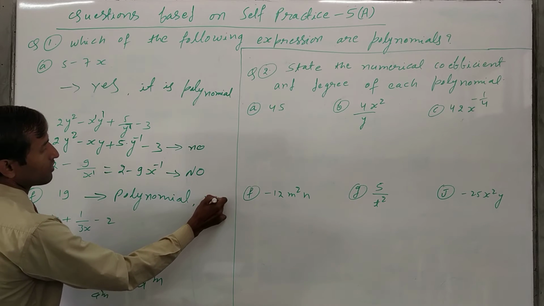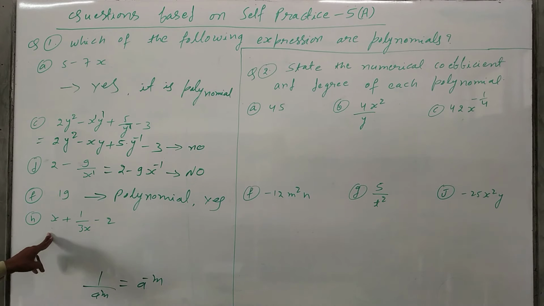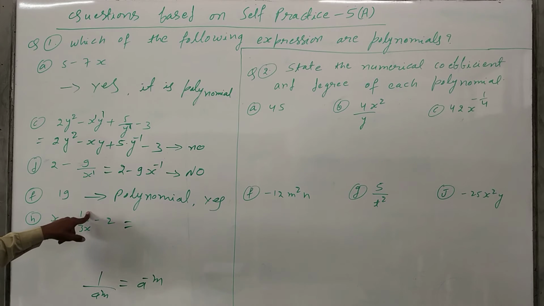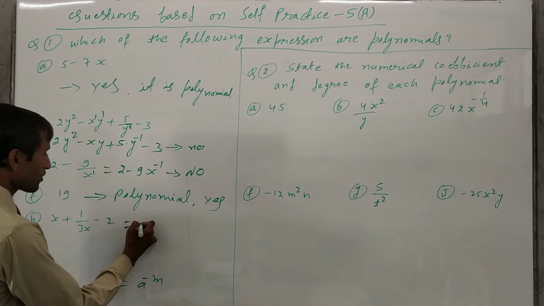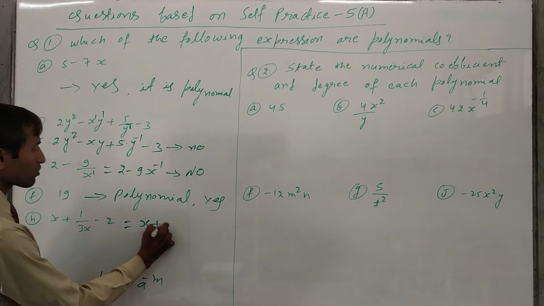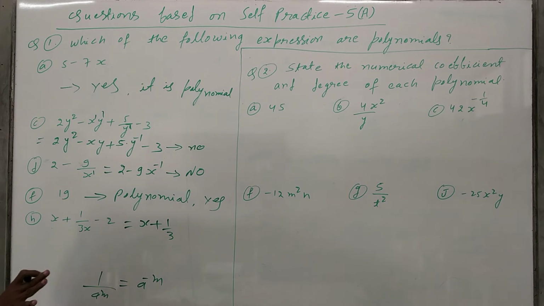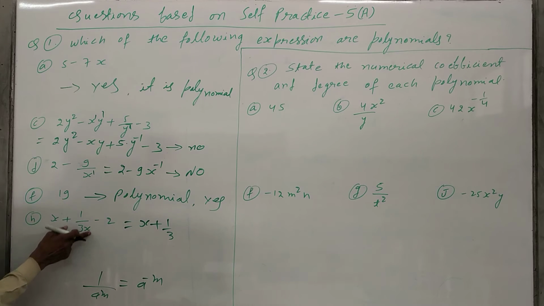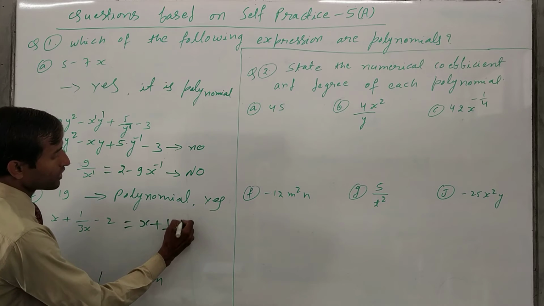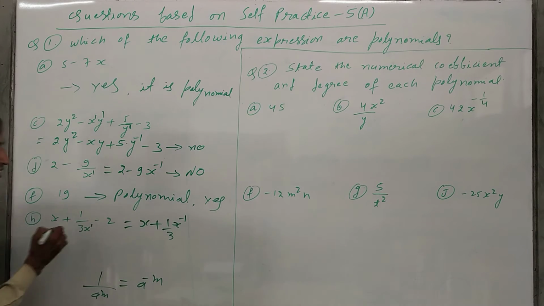Now in the next part, x plus 3 upon x minus 2 is there. So again we have to take this variable to the upper part, the numerator part. So x plus 1 upon 3, just keep 1 upon 3, this one is the constant. For a constant there is no condition, for a variable there is a condition, so that's why I have taken x to the upper part, meaning x power minus 1, power 1 is there, that's why.